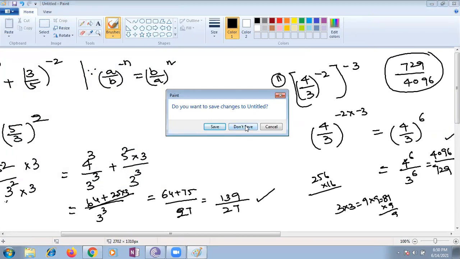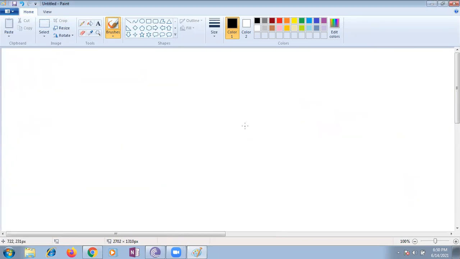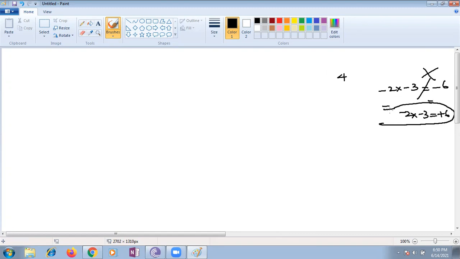Ma'am, can you repeat the question one more time? Which one? Ma'am, you said something about who kept it like this. The answer part is quite opposite, because when taking exponents they keep the negative sign. Instead of multiplying -2 with -3, they keep -6. They didn't take +6. Actually, -6 is wrong, this is absolutely wrong. So -2 multiplied with -3 becomes +6, it's not -6.